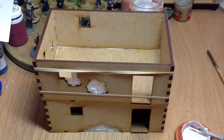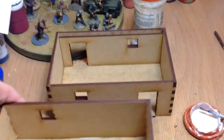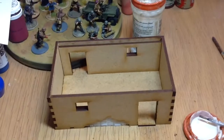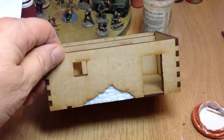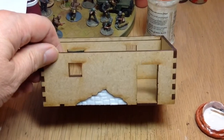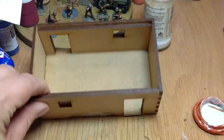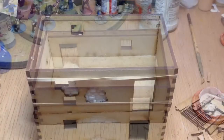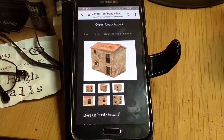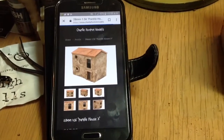So next step will be the inner walls for the upper floor. The only key thing is that you've just got to make sure that the inner walls, the actual doors and the windows match up, so they don't get half blocked. So yeah, you just got to make sure that the inner wall goes on the right side. So we're going to move on to putting the inner walls in on the top floor. So you put the inner walls in on the top. It's quite useful to have on your phone the picture up, so that it gives you an idea of what